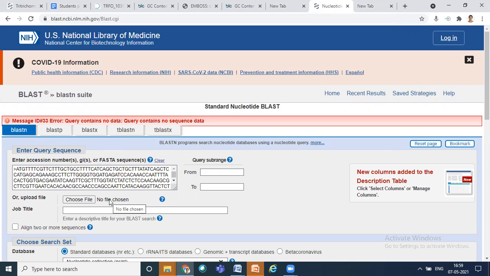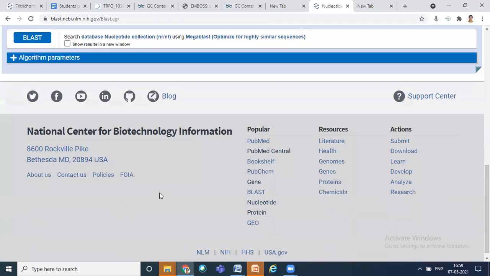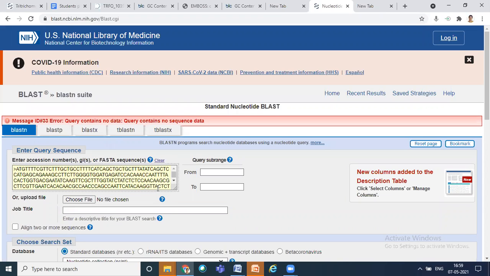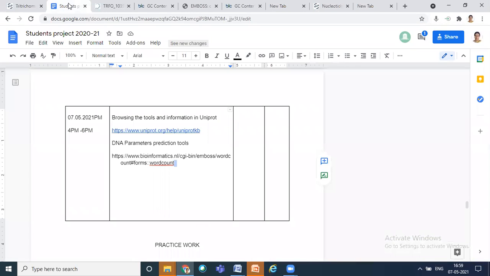So maybe we will try after some time, because it is showing an error, which means sometimes the database may be under maintenance. That also may be possible, right? Because we are sure that we are giving a DNA sequence without any gap. We are giving the greater than symbol and we are giving some sequence. So it should take. So let's wait for some time and I will give you your DNA sequences in your workplace. So you have to go to this site. This is not working. Sometimes some tools will not work, doesn't matter.